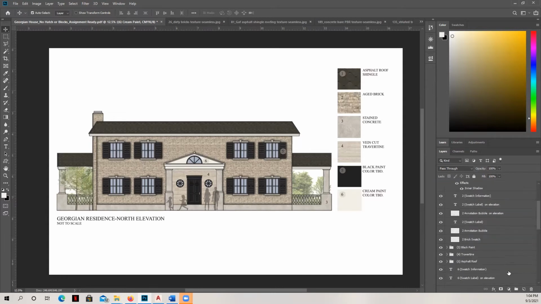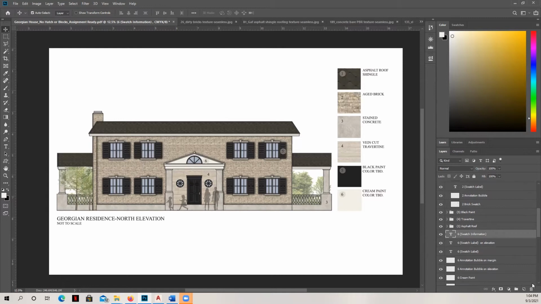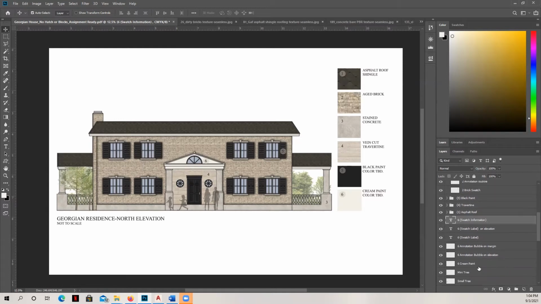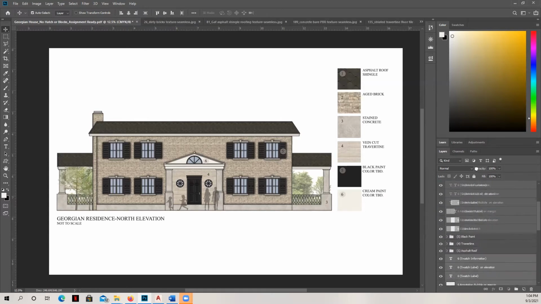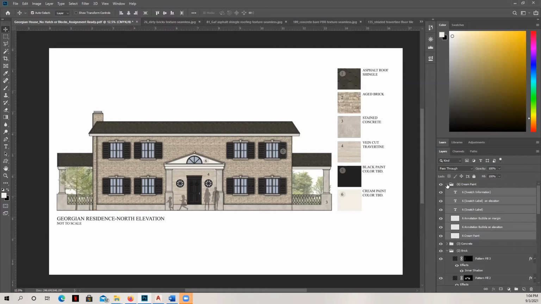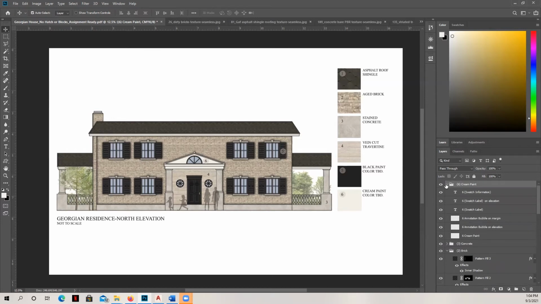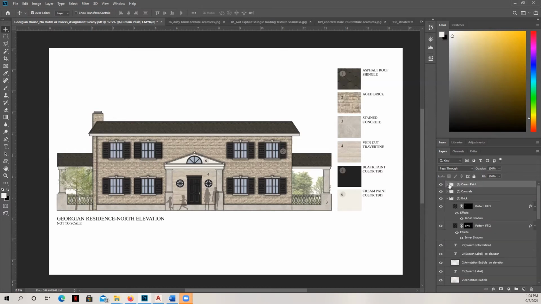But what I'm going to do is go ahead and bring in my last set of swatches that relate to that finish number 6. So I'm going to grab those and hold down my shift key. Because I've labeled all of my layers that relate to this with 6, it's very easy for me to grab them all. Then I'm going to click and hold down on my mouse and bring them up into that folder where it says cream paint, and you can see there'll be a blue box that highlights it, showing that the folder is selected. Now I have this drop down arrow and I can compress it. If I want to access anything that relates to the cream paint, I can just hit that drop down and I know that they're all together.